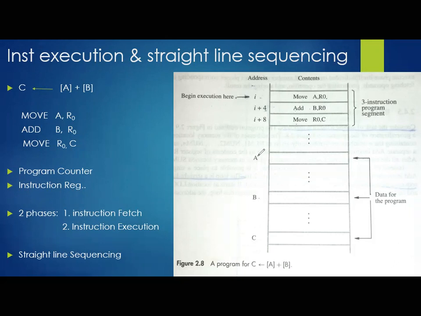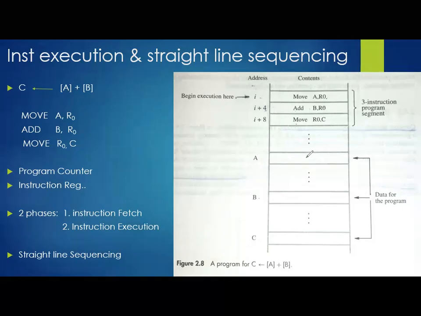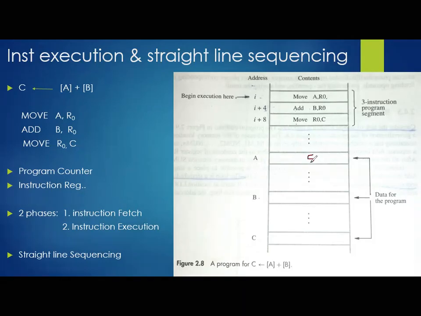Remember this. If I substitute the value of A is equal to 5 from the screen, if I expect the user to enter the value of A, and if the user has entered A is equal to 5, then that 5 will be stored in this particular location. Why? Because in the scanf, we are writing ampersand of A, right?